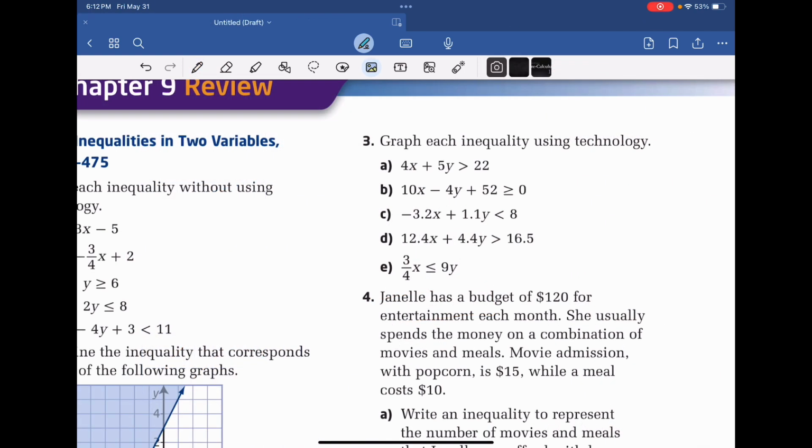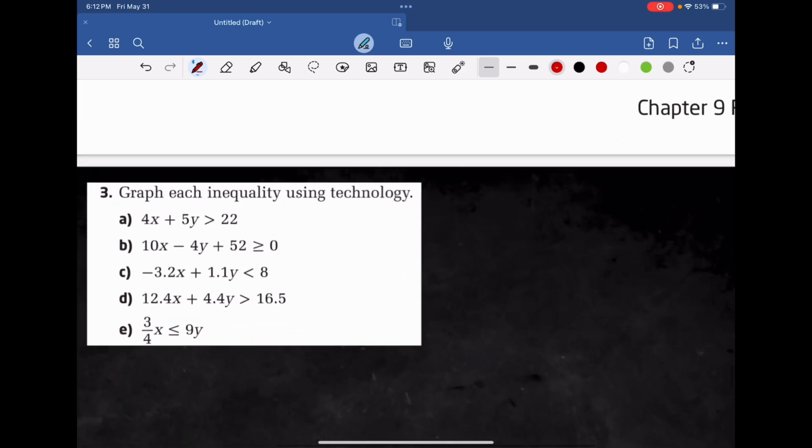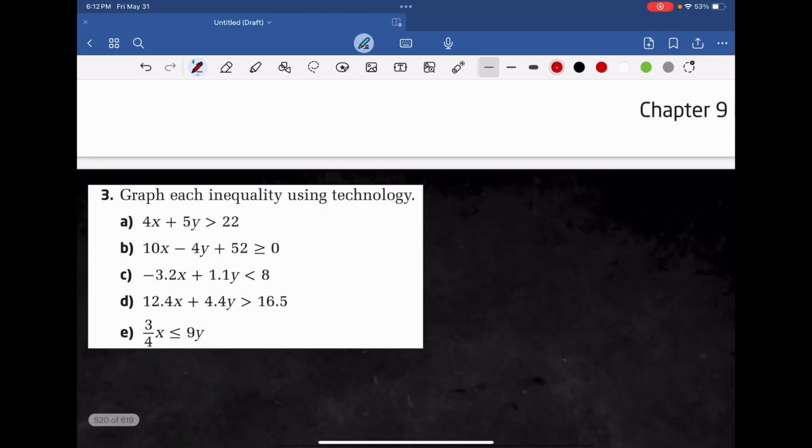Okay, now for exercise number 3, graph each inequality using technology. So they want us to graph this using your calculator. But before graphing this, you need to do these steps. So let me grab this exercise. So the first thing for A,